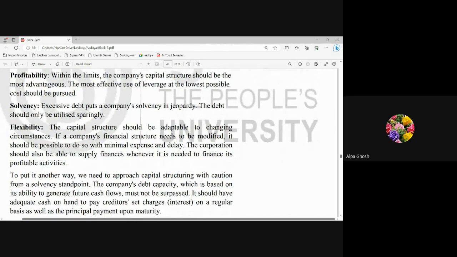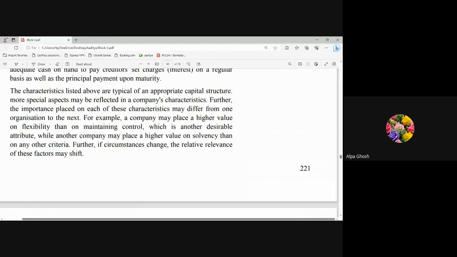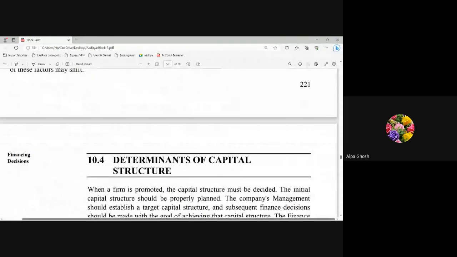Flexibility means that as and when required, we can change the capital structure. Suppose we have 30% equity and 70% debt. At times, we should not be rigid that this is the fundamental principle of the company. If required, it can be 40-60, it can be 60-40, even it can be 100 or 0. So flexibility in the sources of funds should always exist in the capital structure.